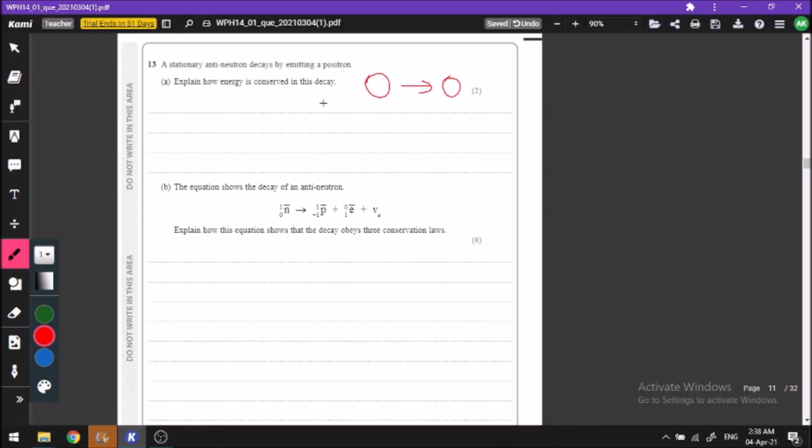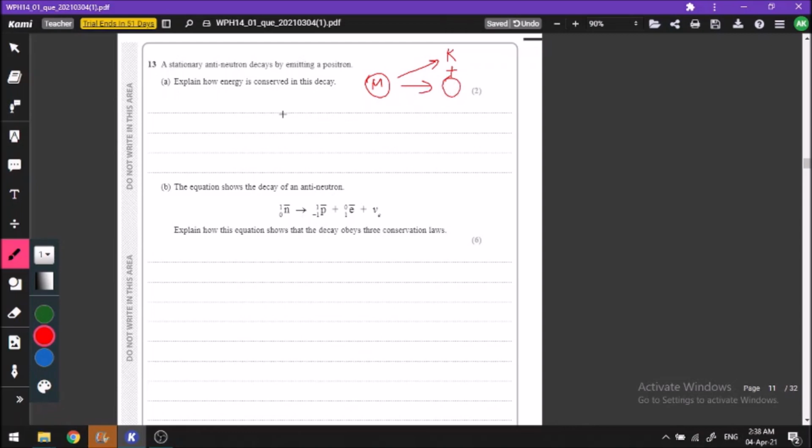So in this relativistic physics, we understand that mass and energy are interchangeable. Mass and energy are different forms of the same thing. So when we talk about conserving energy, we're also talking about conserving mass, because mass and energy can be interchanged by one another. So when this antineutron decays into a positron, some of the mass decreases. What happens to the missing mass? When this decays, this positron gains some kinetic energy. So that energy plus this mass gives the total amount of mass of this antineutron. The total mass of the antineutron is broken down into two parts: the kinetic energy of this positron plus the rest mass of the positron itself.